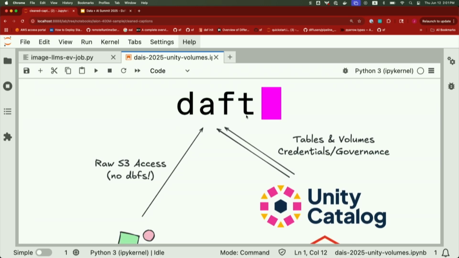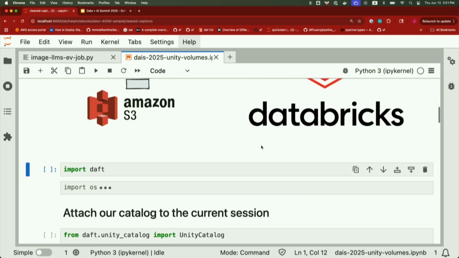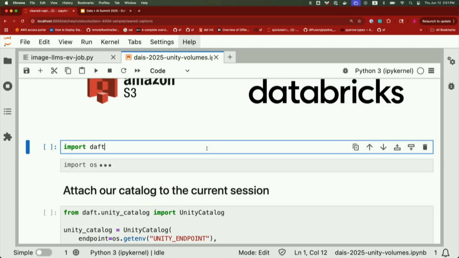And what Daft does in this demo is it's asking Unity Catalog for credentials. It's asking it for pointers to the data, right? And all Unity Catalog is doing is granting us permission to read this data, and then it's going directly to S3 for your actual data access, which means that you're actually not going through any Databricks infrastructure to pull that data out, except to get permissions to do this, which is really powerful, as we'll see in a bit. All right, let's get started with the demo. So first of all, I've already gone ahead to install Daft, and you can import Daft very easily by just import daft, just like that.